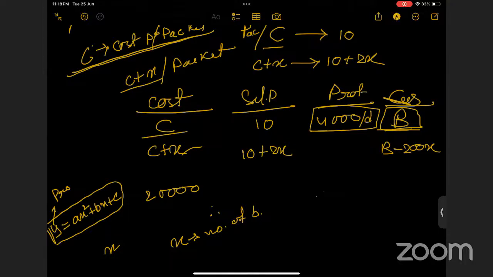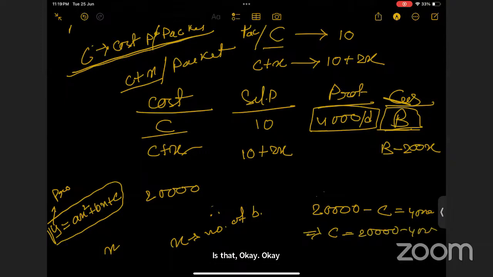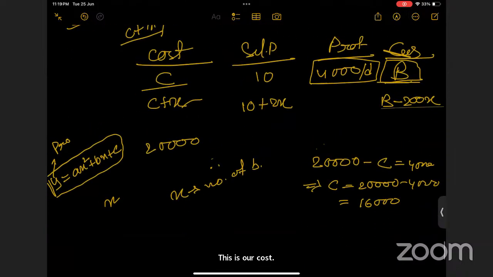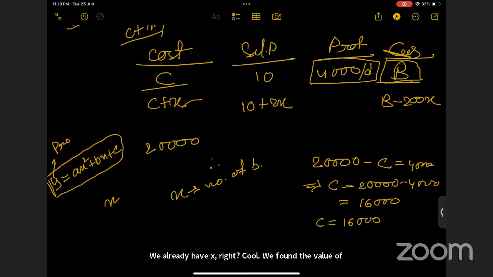we're spending that much. This is our total income minus C. Okay. C will be, so this is our cost. We already have X, right? So we found the value of C equals to 16. So if we, like, cost